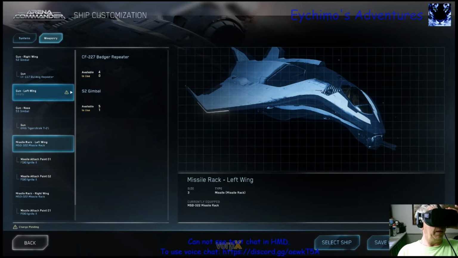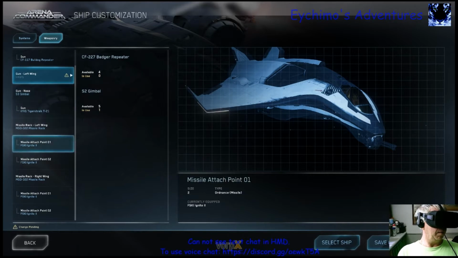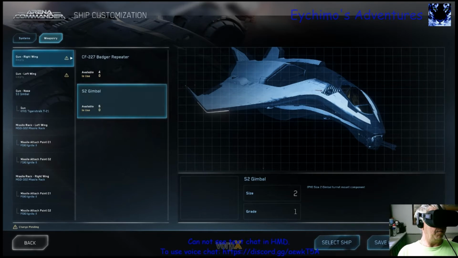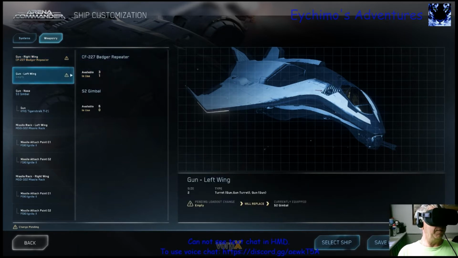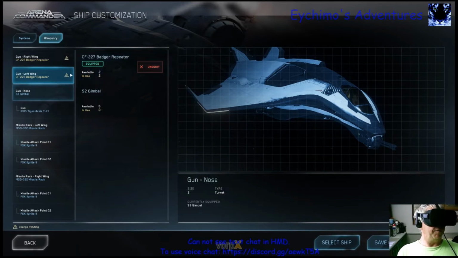We want to go right wing, left wing. Let's see. How about our right wing here? That's a missile rack. Right wing. Get rid of our gimbals. First thing we're going to do is we're going to go to the right wing and we're going to put on Badgers. Equip. I'm going to left wing and then we're going to put on another Badger. And I got these with Rec, by the way. Could pull them off the Hornet, but